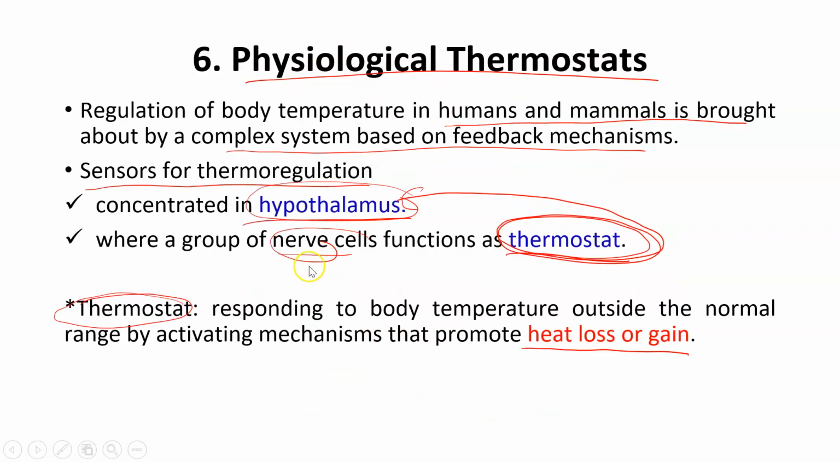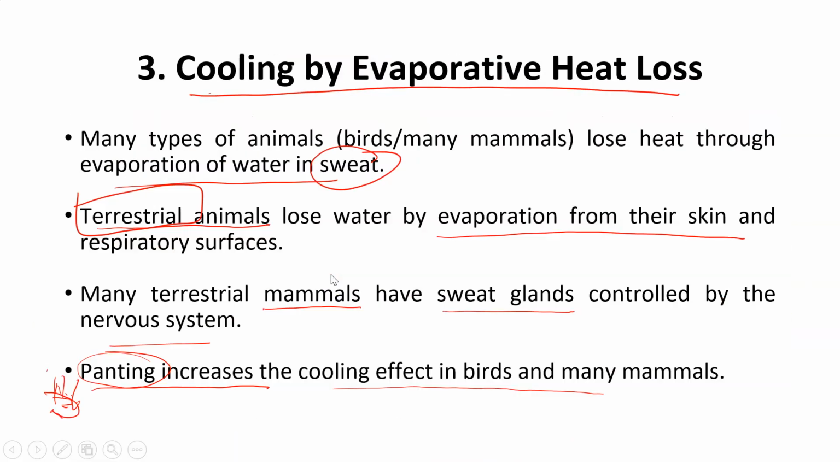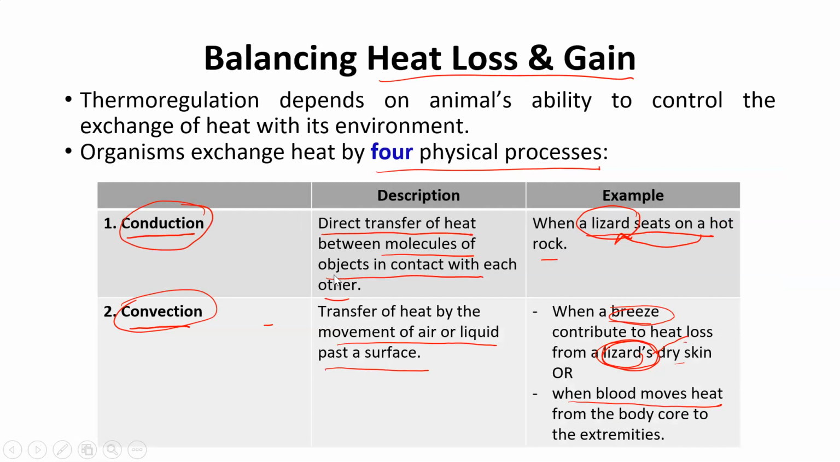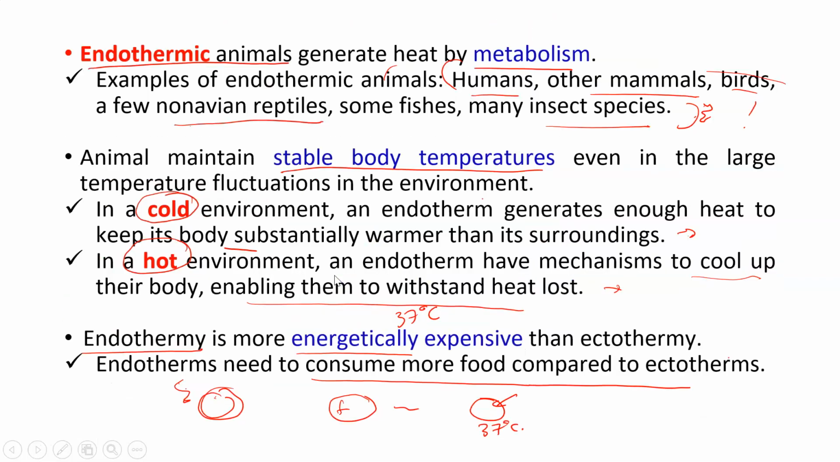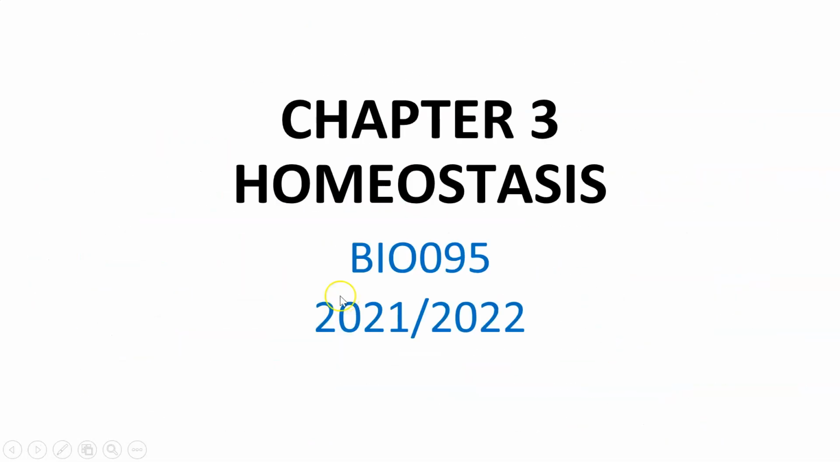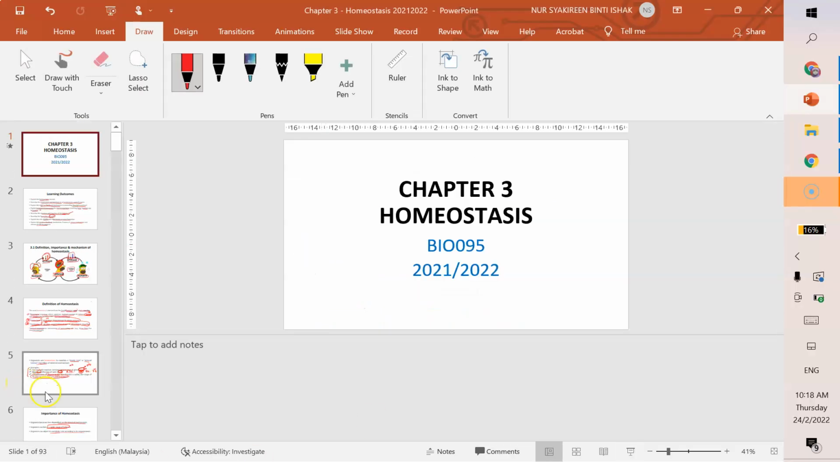Okay, so those are the 6 adaptations of animals to maintain heat gain and heat loss from the body. Okay, so that's the end of this chapter. Okay, so I hope you gain some